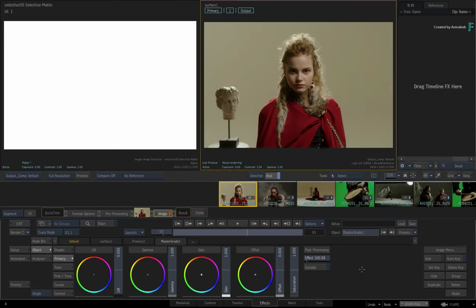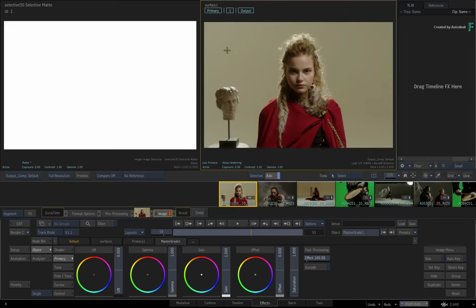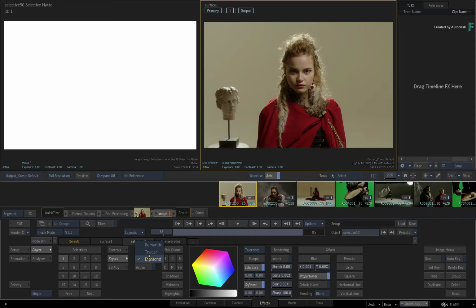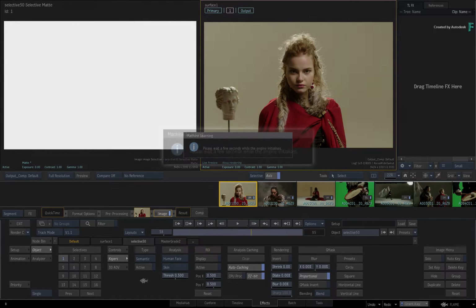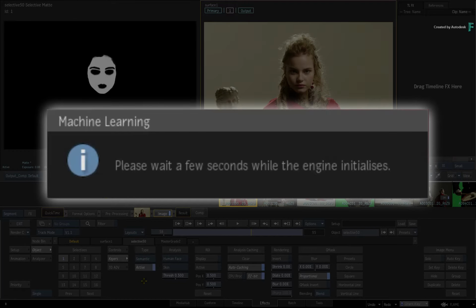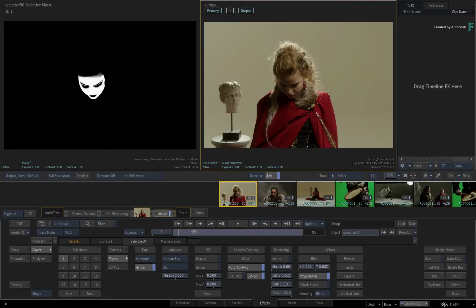So here you have a shot in the effects environment, and you want to use machine learning to isolate a part of the image for a selective. So with the chosen selective, you go to the Keyer tools and choose one of your machine learning tools and activate the function. As in previous versions of Flame, this initializes the particular machine learning model for the analysis. During this time, Flame now notifies you that this initialization is taking place. When the message disappears, the machine learning model is ready and it will be applied to the chosen image.